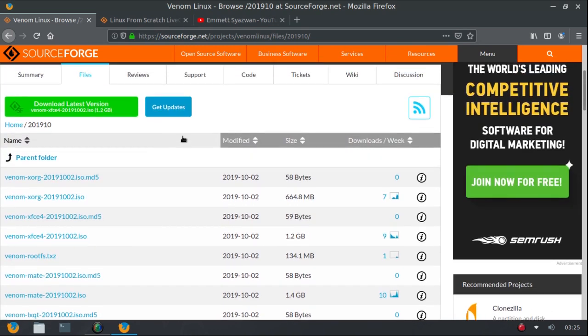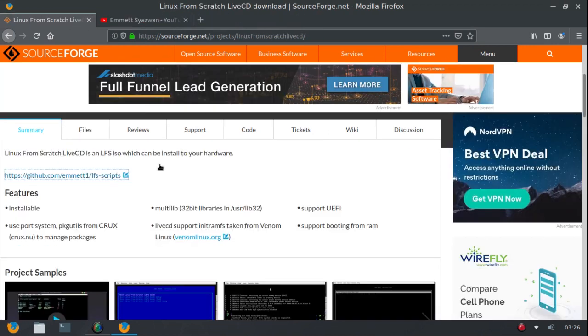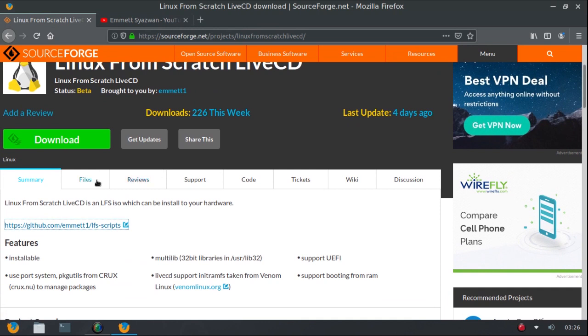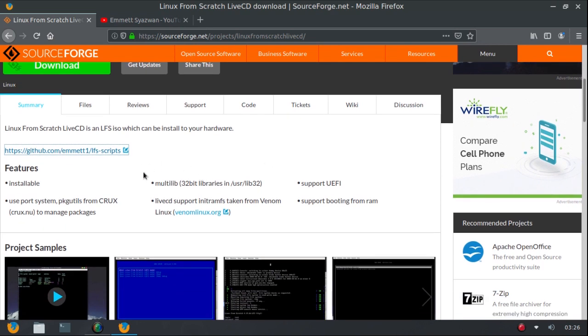Okay, now this is based on Linux from Scratch, inspired by Crux, and uses BSD style init scripts. He has his own package manager, but he also has recently come up with this Linux from Scratch LiveCD. And I don't know if I'm quite ready to tackle that one yet, but you can install it. He has a video on his YouTube channel showing the installation process for this one also. Oh, I forgot to mention both Venom Linux and the LFS LiveCD are multilib, and also Venom Linux does have